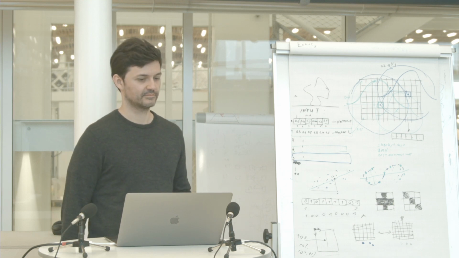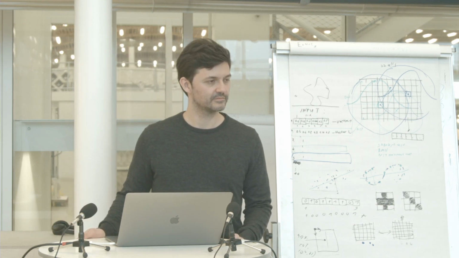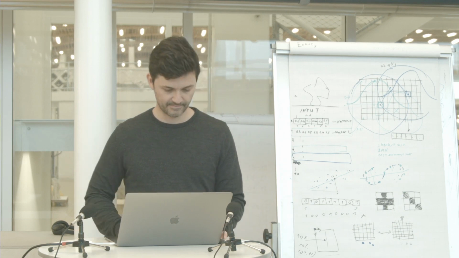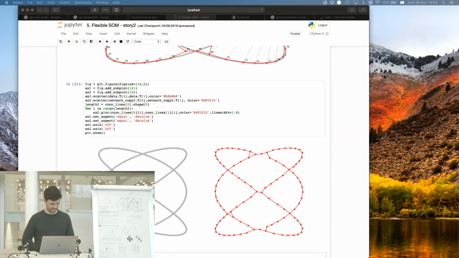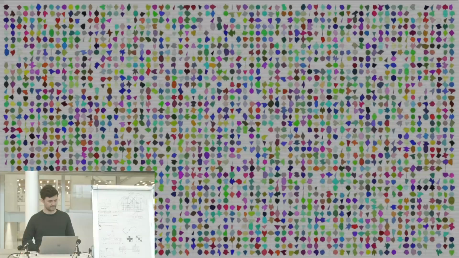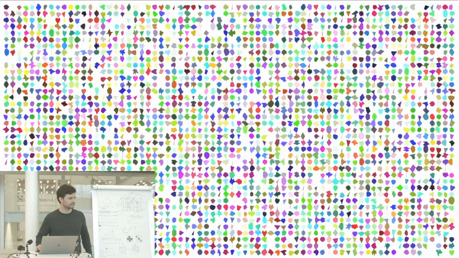Could you please show again one of these self-organizing maps from the beginning with these shapes and colors? Yeah. This one. I'm wondering what happens if the distribution at the beginning is slightly different. Is the result the same? If the distribution in the beginning is very fixed, it might be that the algorithm